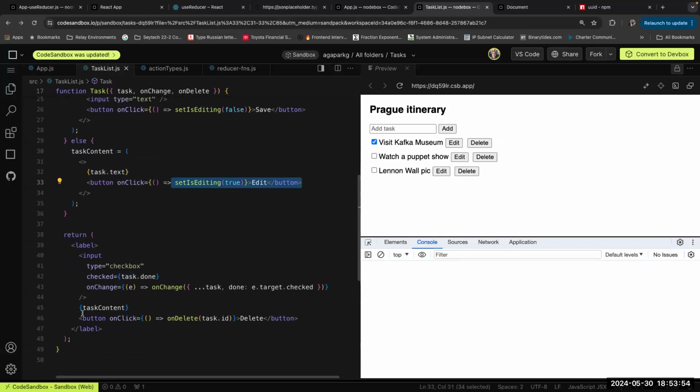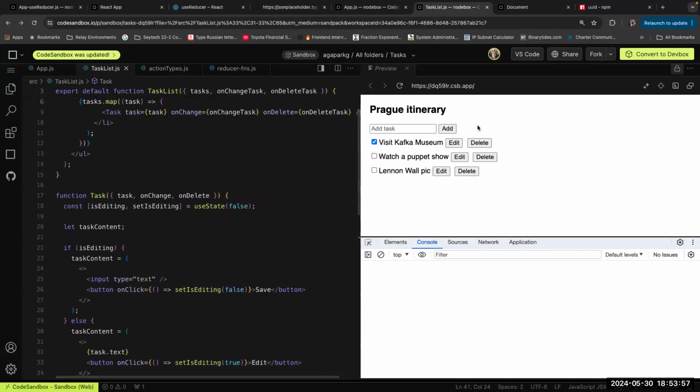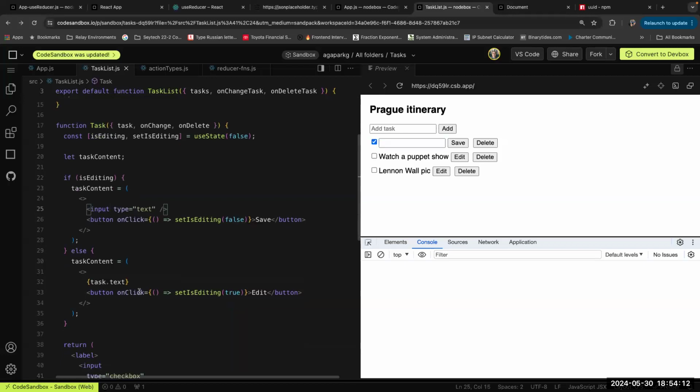Okay, and we have taskContent. So what happens if I click now? This is what happens. But what's happening right now? We have not set the value over here. That's what's happening, right? If I click this guy, we're just basically resetting it. We are getting this task already, right? So for the value,